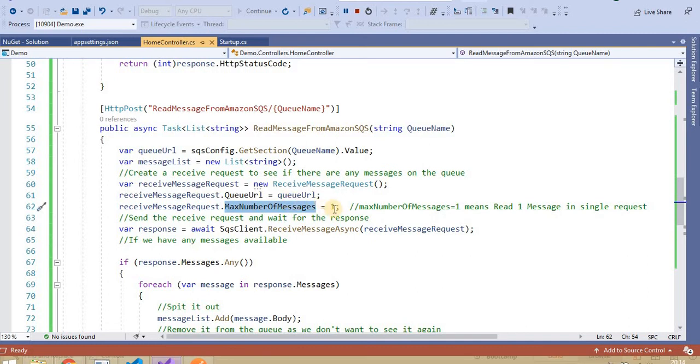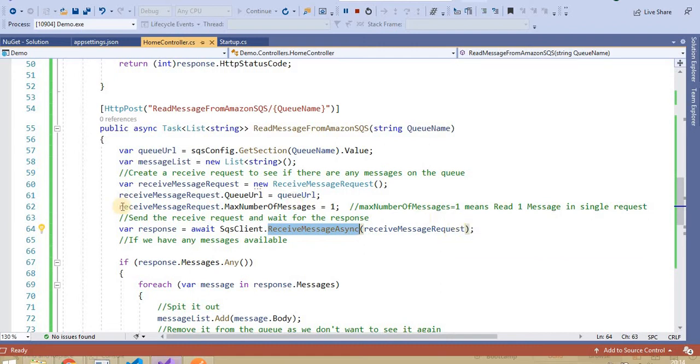I am passing 1 here, which means it will read a maximum of 1 message in one hit. If I pass 3 here, it will pick 3 messages from there. So it reads 1 message in a single request. Then just initialize this and pass the queue URL. If we do not pass this, by default it will read only 1 message. Then we hit the method, ReceiveMessageAsync.